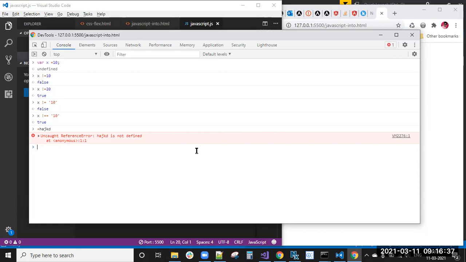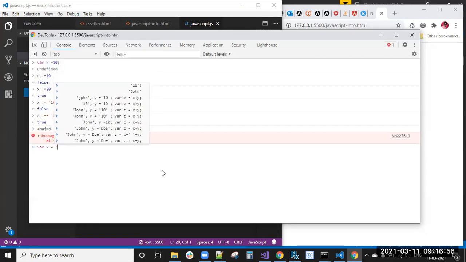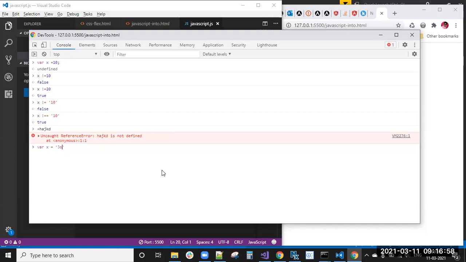Because of that, don't give operators in any variable declaration. So remember that point. And JavaScript is a case sensitive language. Case sensitive language means JOHN and john are different. var x equal to, you have declared like JOHN.